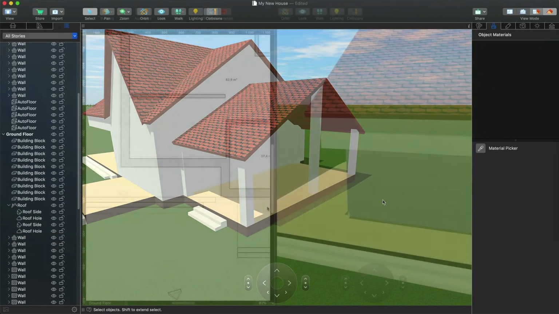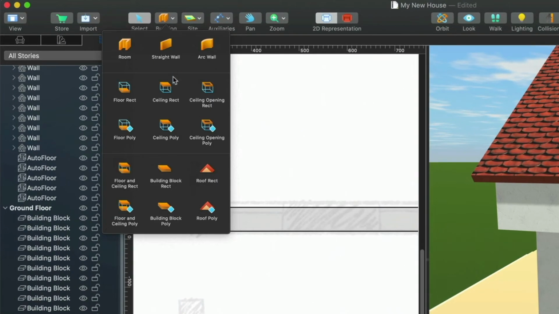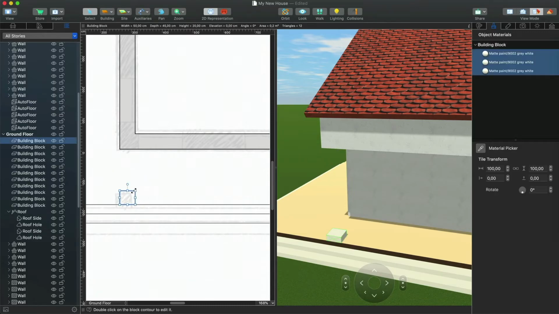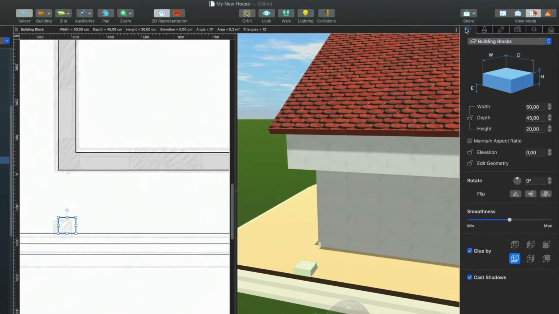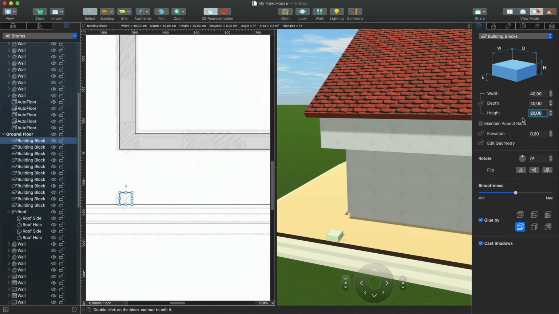The second way, which is only available for users with unlocked Pro features, is using the building block. This tool has many applications, from construction of technical designs to decoration purposes. Even furniture can be created from groups of blocks. Unlike loft walls, the block's height does not adjust automatically. You need to enter the height value.